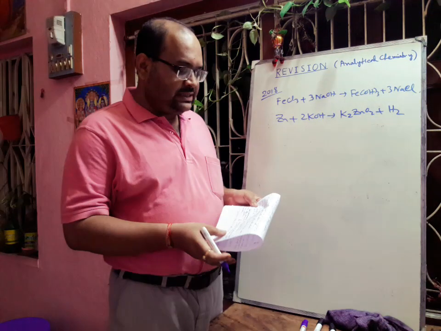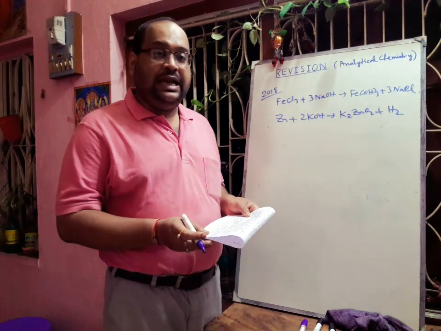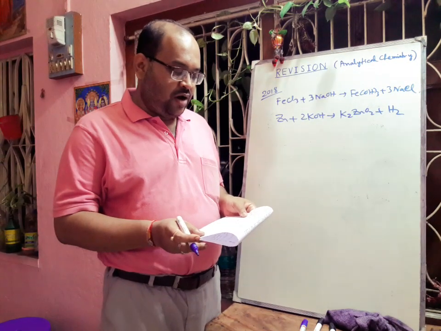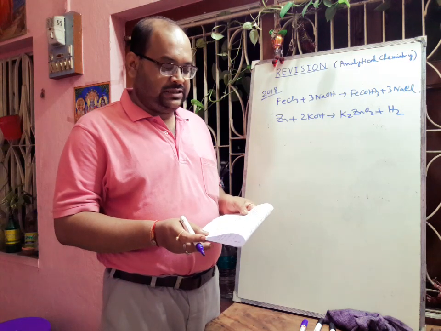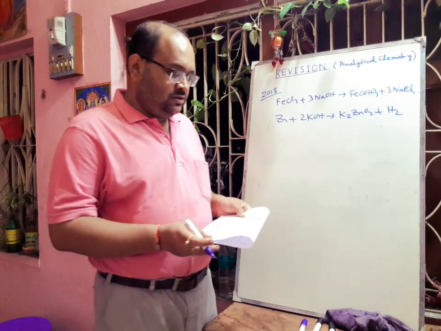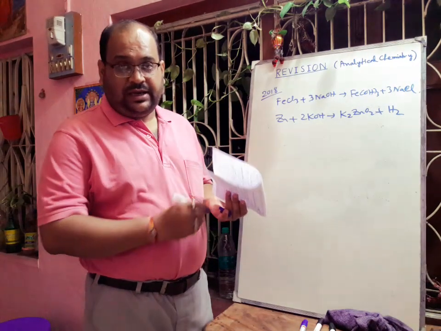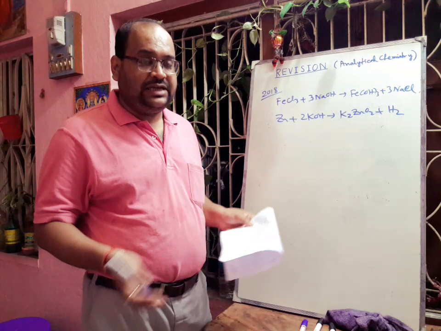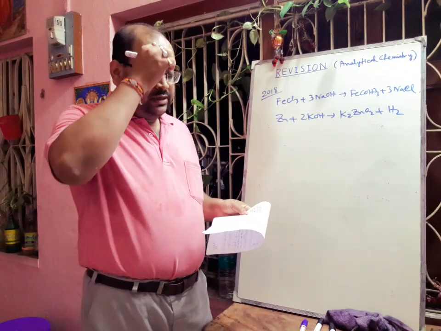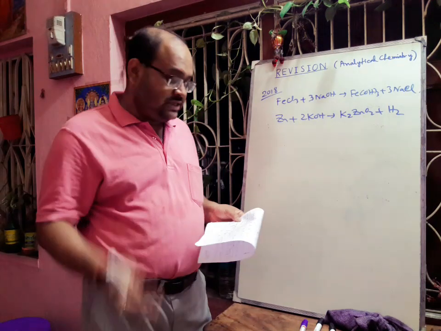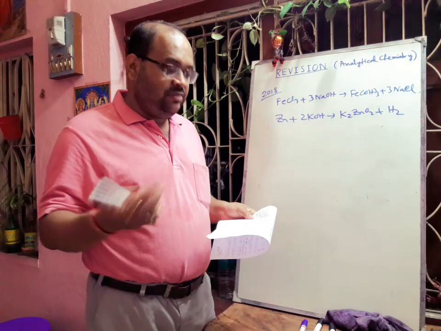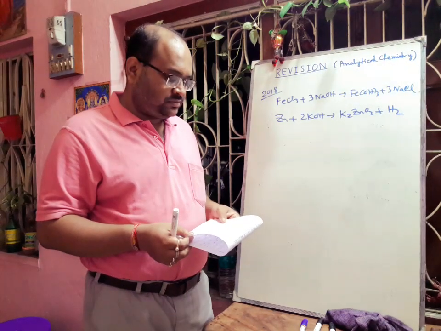Next question: state one relevant observation when lead nitrate solution is treated with sodium hydroxide solution dropwise till it is in excess. If we add a little, there will be formation of a chalky white precipitate first. If we add excess, then it will be soluble and become colorless. So first you have to write that a chalky white precipitate forms, and when you add excess, it becomes colorless or soluble.